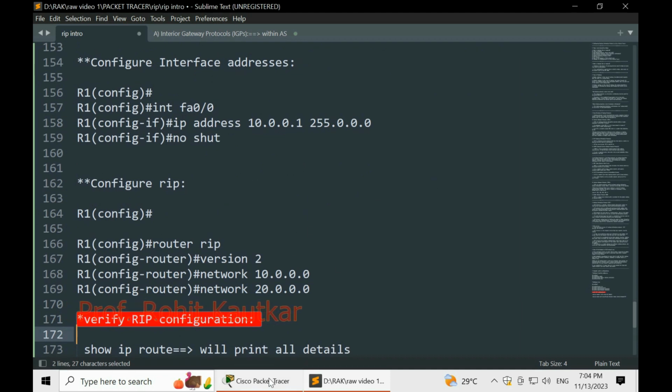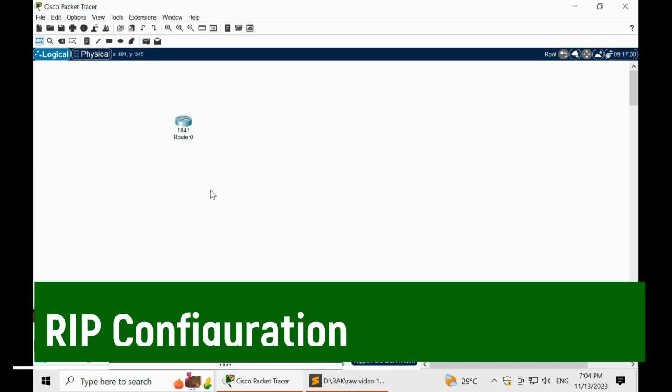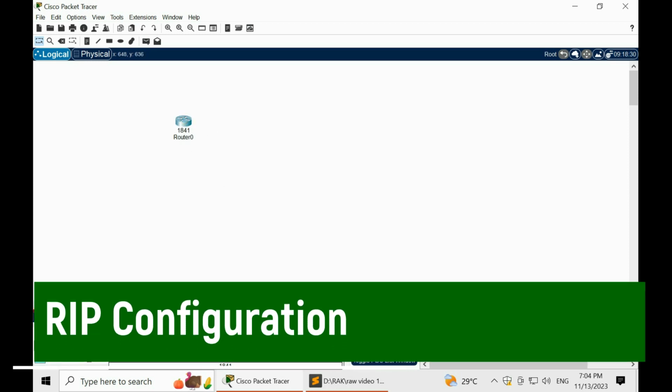Now friends, I will take you to Cisco Packet Tracer, and here we are now going to configure the RIP protocol. I am going to place this 1841 router, and another router we have placed.